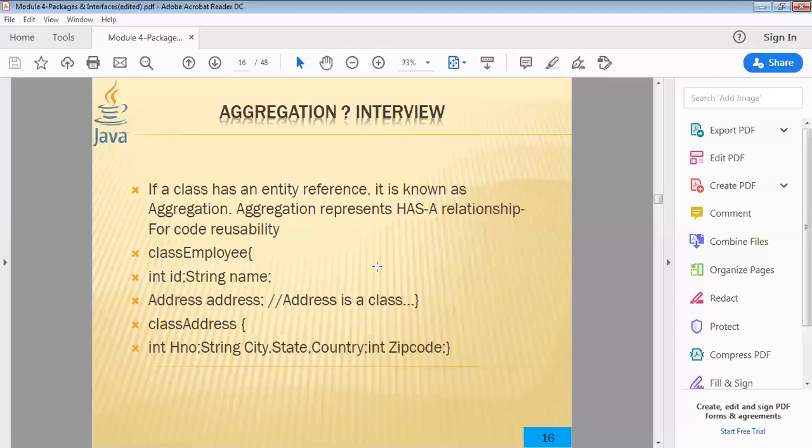Okay, so for that effect that is represented as, so till now you have seen interface, class